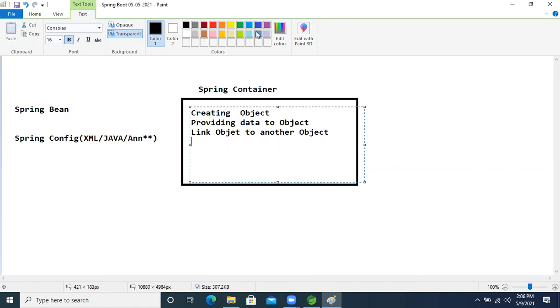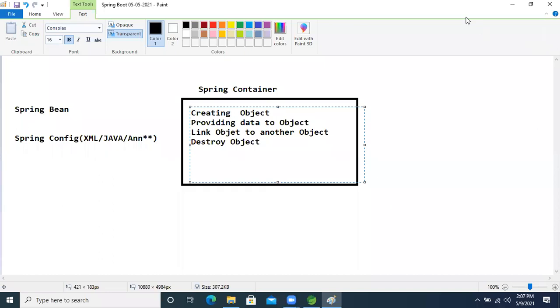If our bean is executed successfully, then the last thing that happens is destruction, meaning it destroys the object.